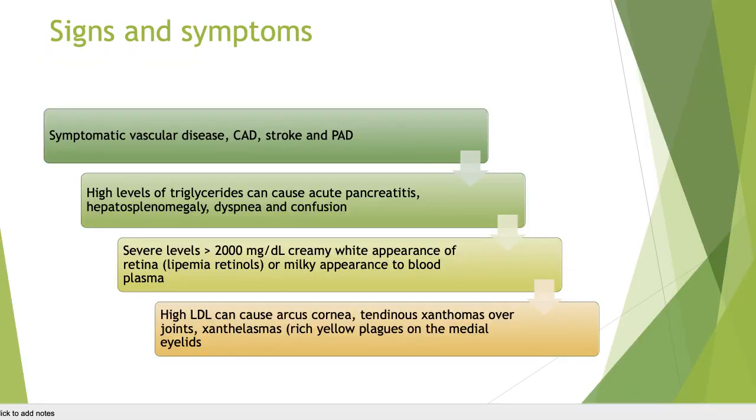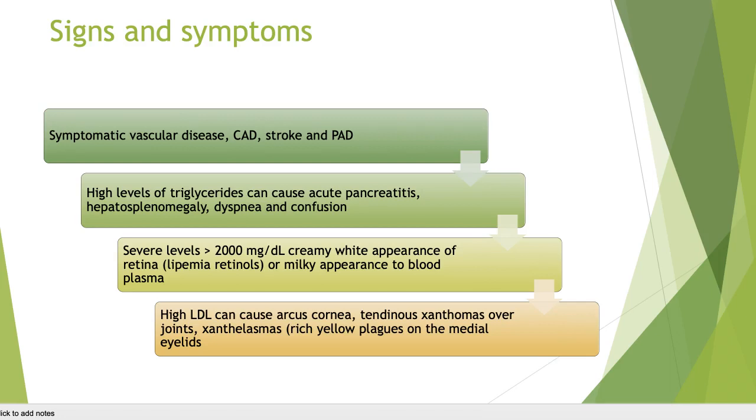Signs and symptoms: symptomatic vascular disease, CAD, stroke, and PAD, you will see with elevated cholesterol levels. High levels of triglycerides can cause acute pancreatitis, issues with the spleen, shortness of breath and confusion. Severe levels greater than 2,000 milligrams can show a creamy white appearance of the retina or a milky appearance of the blood